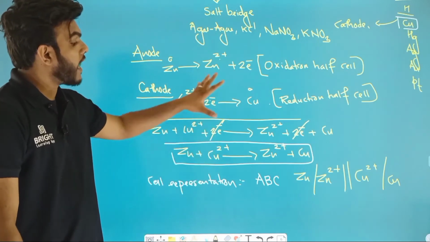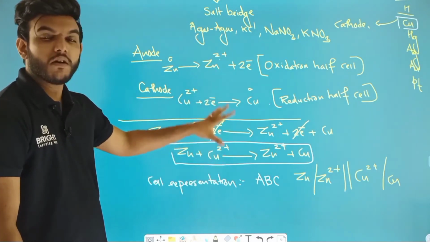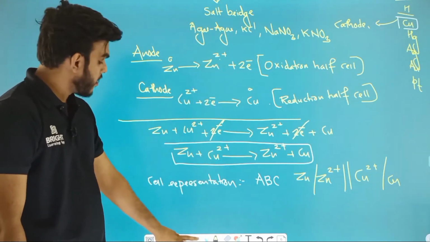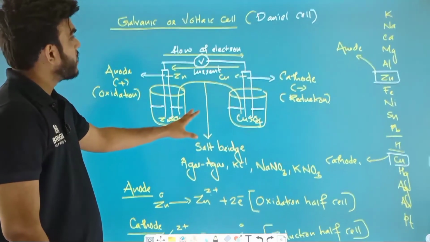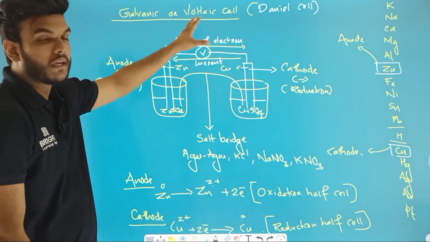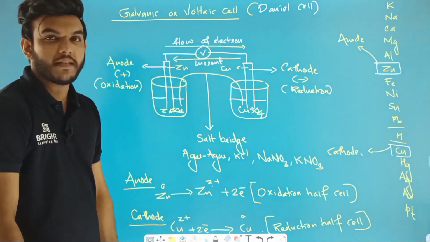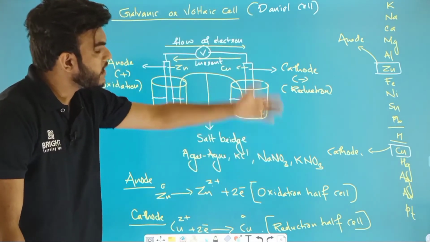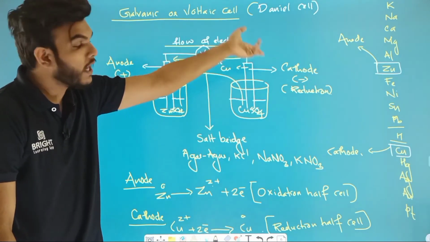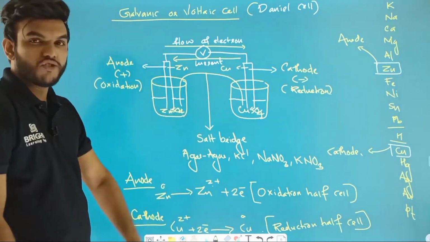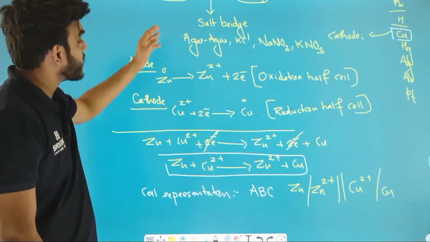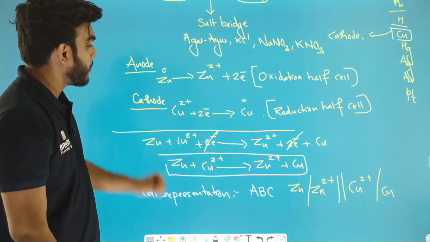This much concept you have to know from this galvanic cell. So all of my dear students, please look at the concept here. We are discussing the galvanic cell or voltaic cell, which is also known as the Daniell cell. You have to know the reactivity series. The top element should act as the anode and the bottom element should act as the cathode, and you have to know how to draw the structures, and what will happen at the anode and what will happen at the cathode.